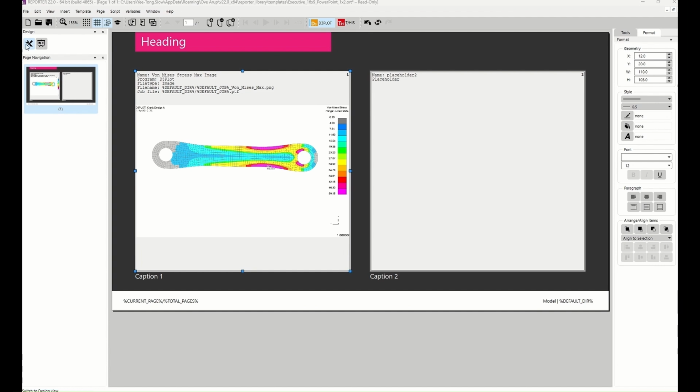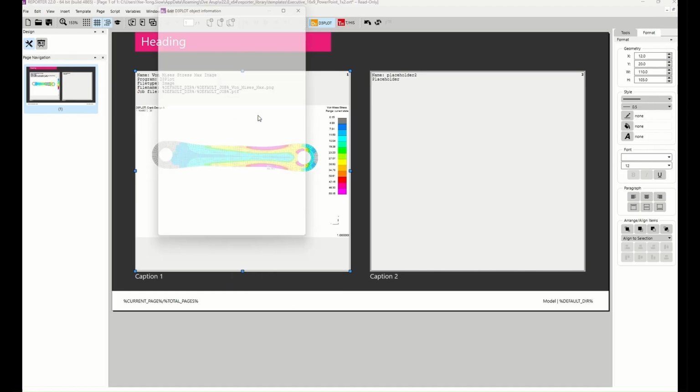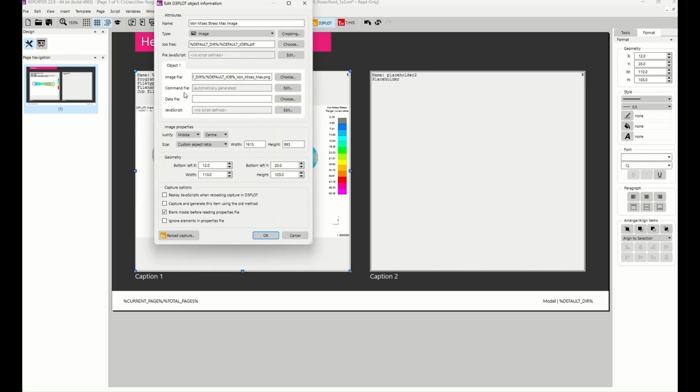If I go back to the design view, and I right click this object and click on edit, then in command file, you can see that a command file has been automatically generated. What that means is that all of the instructions, all of the steps that we've taken just now to generate that particular image, have been stored. So, for example, if we want to run this Oasys reporter template on another model, we can very easily do it. Now, if I go back to D3PLOT,